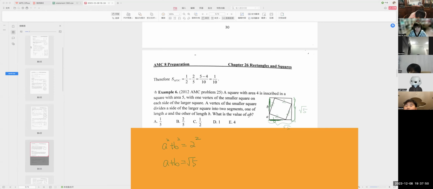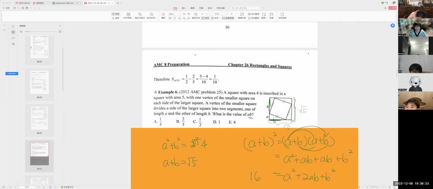But the thing is, we only need to know AB. We don't need to know exactly what A is and what B is. So we know A plus B squared equals A plus B times A plus B, right? So that's the thing. So how do we do it? A times A equals A squared, A times B equals AB, B times A equals AB, and B times B equals B squared. So it's A squared plus 2AB plus B squared,